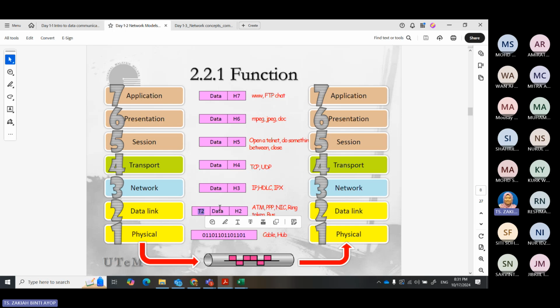So once we transform it into bits, then we can transmit it using a signal specific to this physical. For example, if it's copper, then it would be different. If it's fiber, it will be a different type of signal.